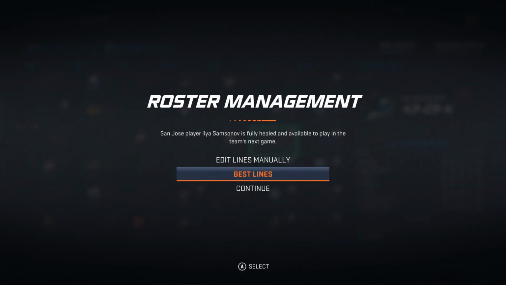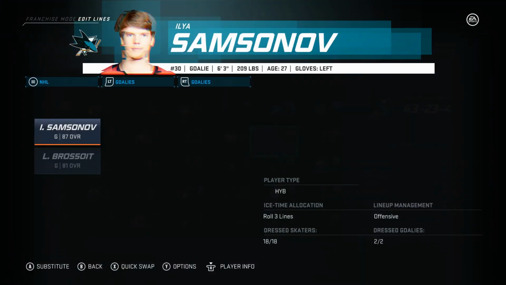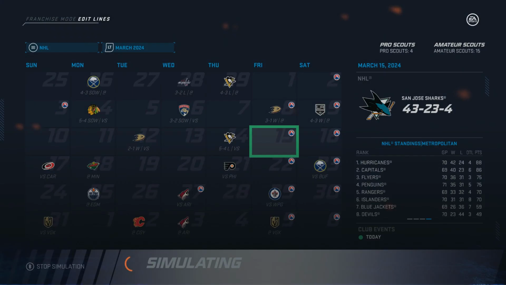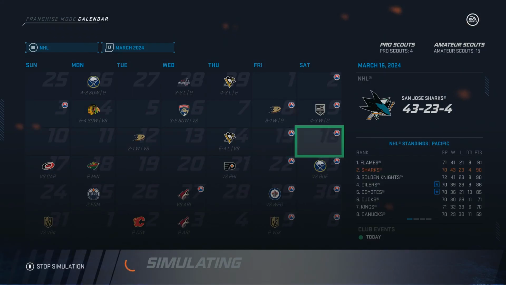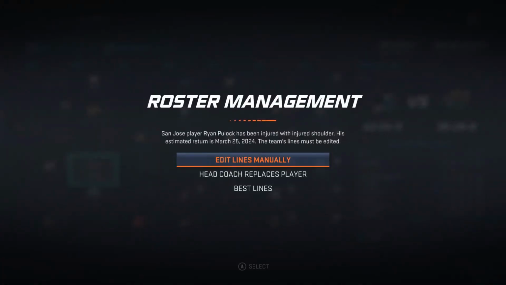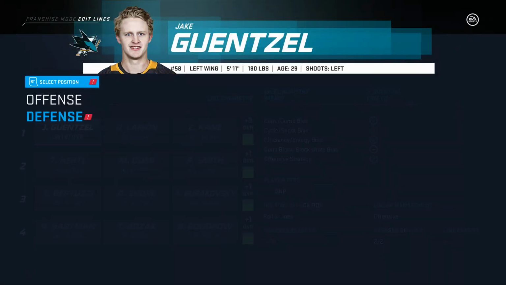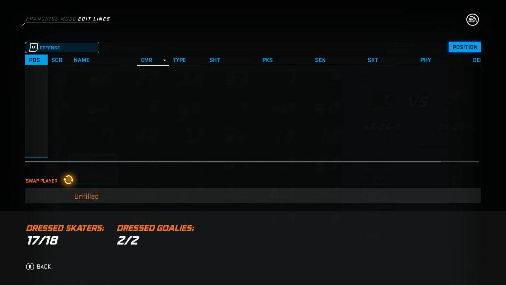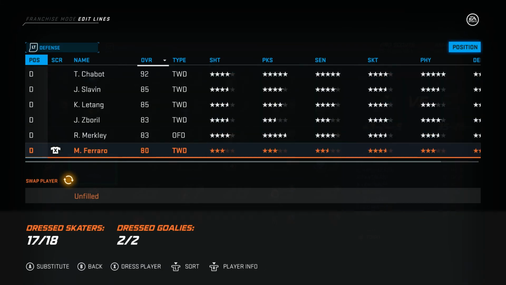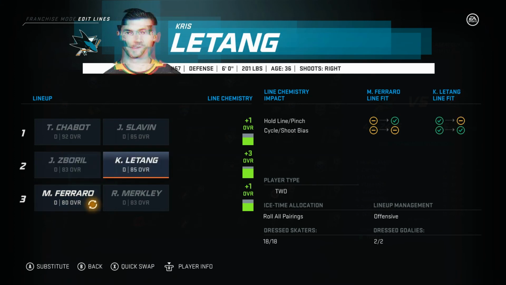Samsonov available to play. When was he ever out? I don't ever remember getting a notification that Samsonov was indeed out. I'm not too sure about that, but we finally snap our winning streak against the Penguins. Ryan Pollock is out, so that's unfortunate as we got to throw Ferraro into the lineup here in place of Pollock on that bottom pairing. Does he at least give the +1? He does not, so Zabriel...